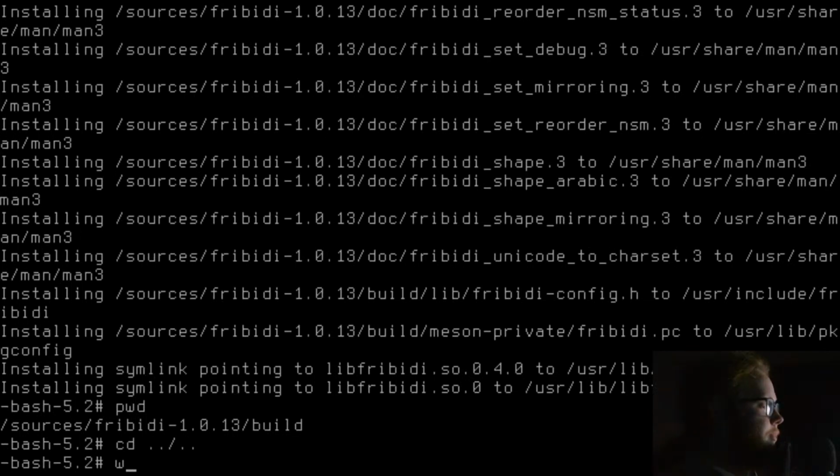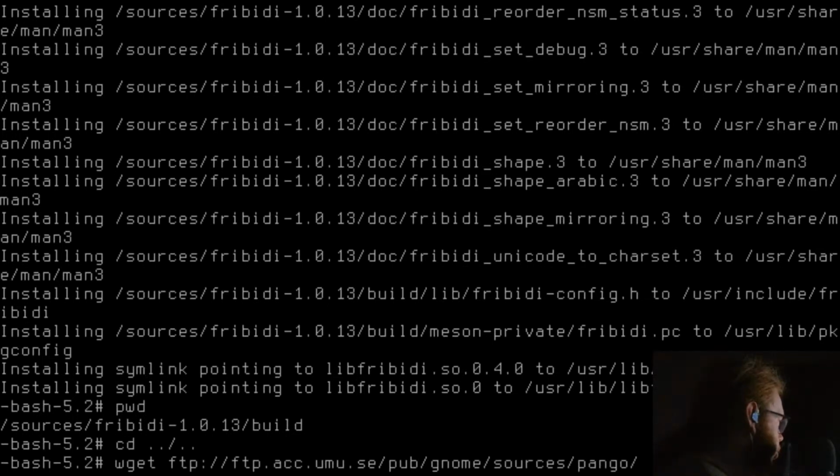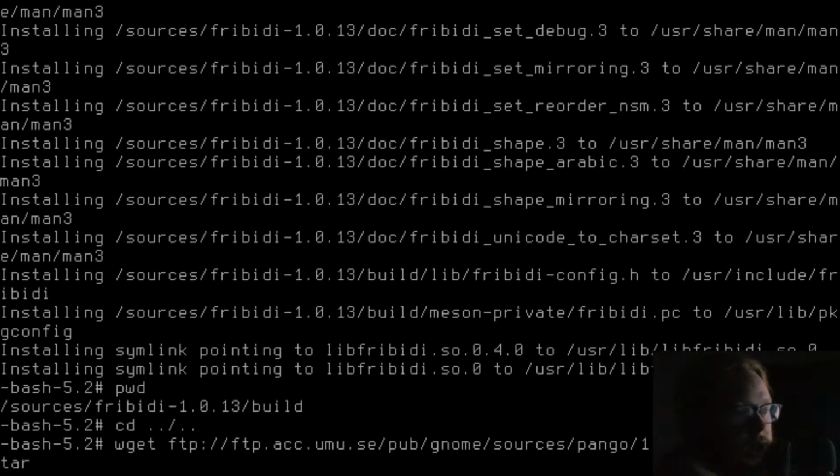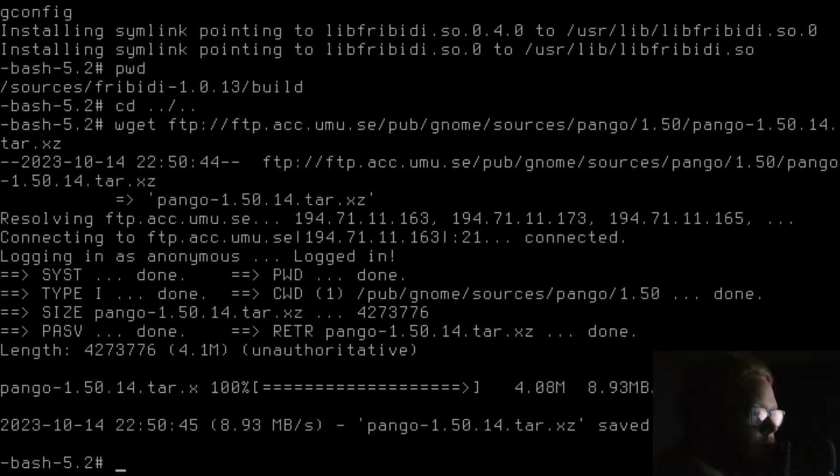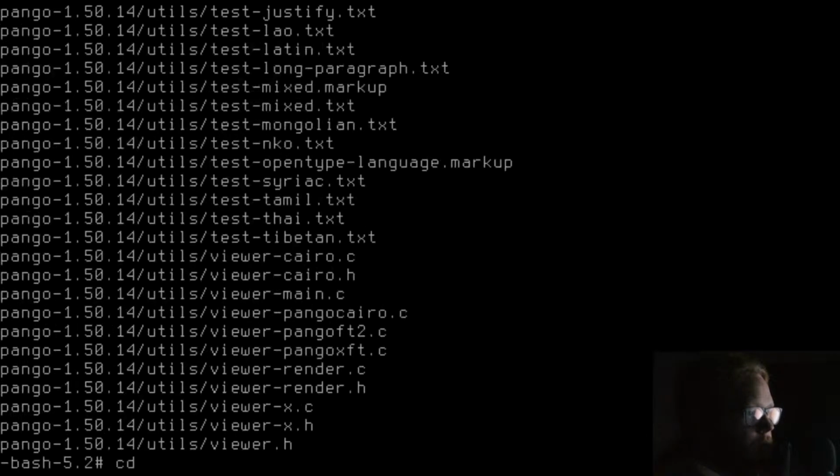Right, okay. wget ftp://ftp.gnome.org/pub/gnome/sources/pango/1.50/pango-1.50.tar.xz. tar -xvf pango, cd pango.